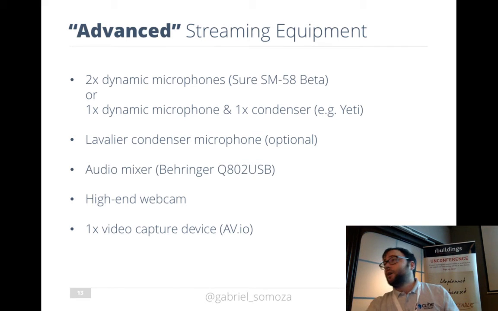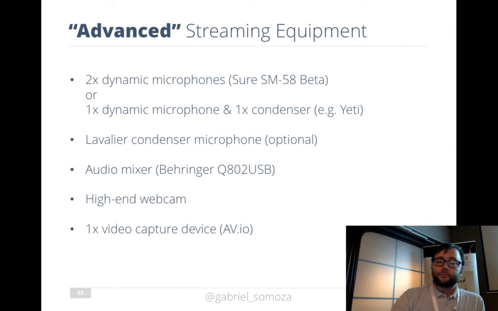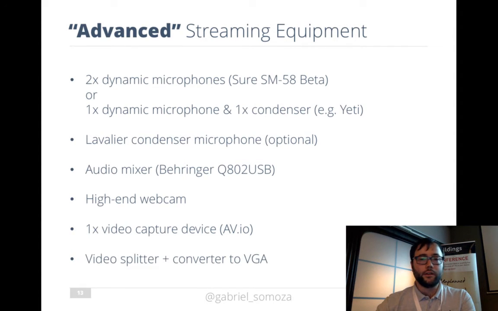For that, there's different options. I use av.io, and it's 400 euros right now. You might be able to get cheaper devices than that. All that you need to make sure is that whatever video recording device you have, the output of that should be able to go into the video capture device, and then from there you should be able to connect to the computer as well, right? So pretty standard. Here's a little diagram. Sorry, and a video splitter is also useful, and I'm going to show you why in the diagram.